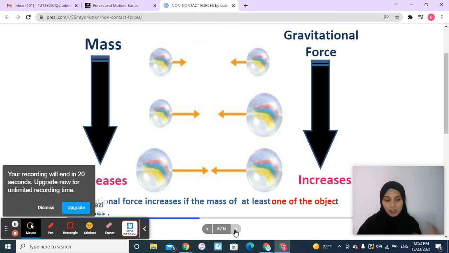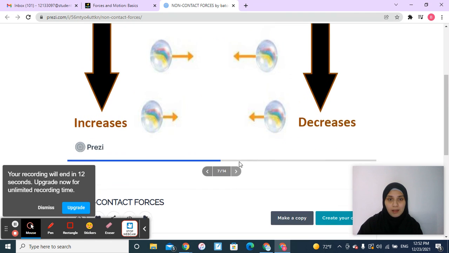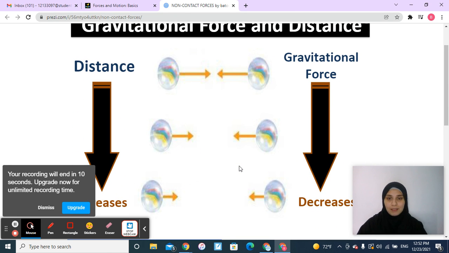So the gravitational force between the bigger objects also increases. What about the distance? Look at the distance. These two objects, if they're close to each other, then the gravitational force will be